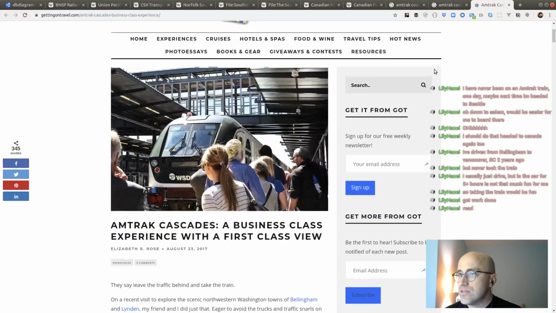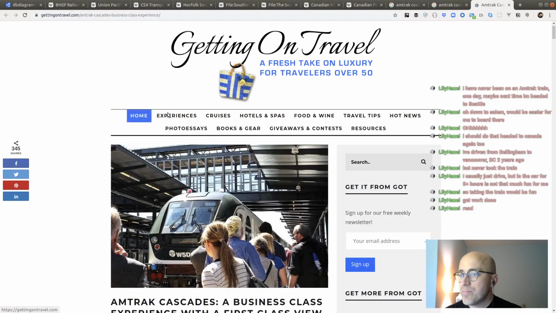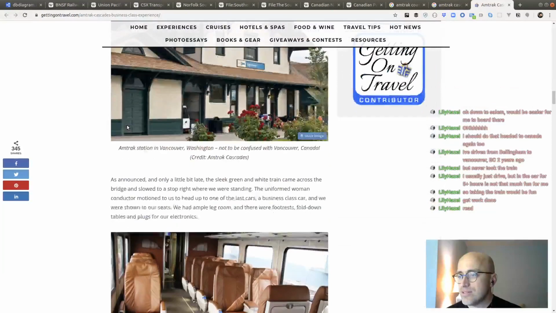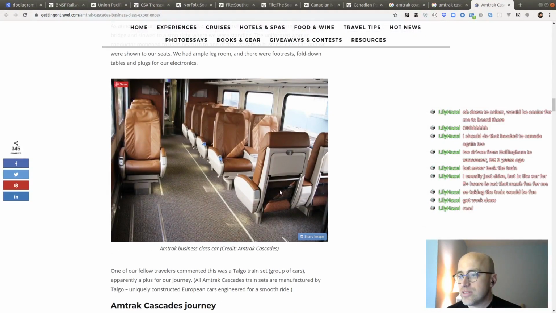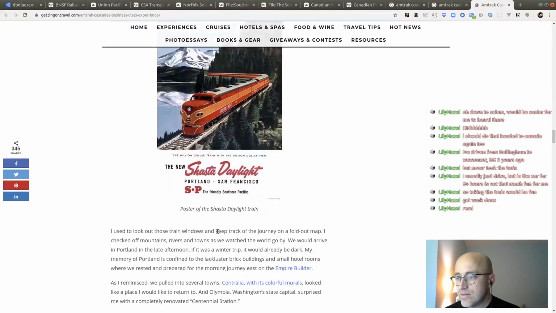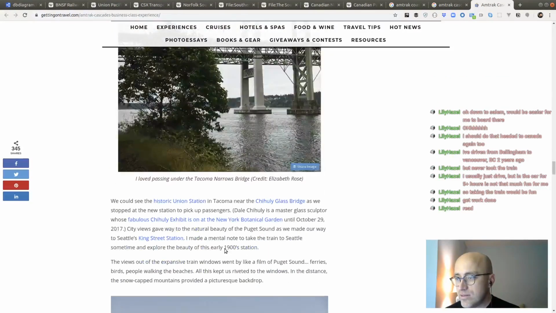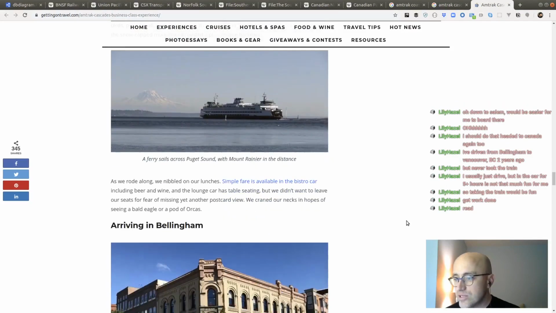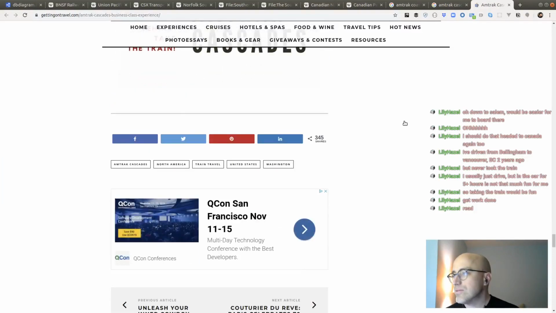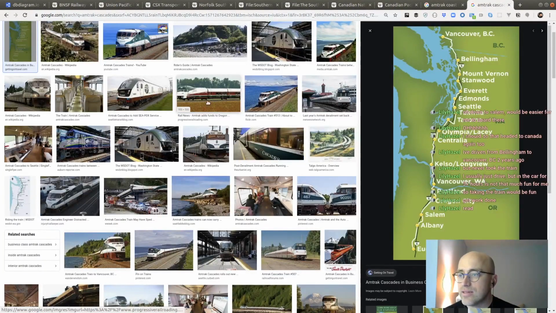Now, the two differences between these two is... this is a weird post. Show a train. I don't want to see that. Oh yeah, there's basically what the Cascades train looks like in the business car. The regular class is basically the same thing. The armrest in the middle is a little bit smaller, and there's two over here. But oh look, there's a happy conductor, and there's the old train. Oh, you get to see the Tacoma Narrows Bridge, but that's not what I was looking for. They don't have a picture of the train. I guess they don't. Anyway, the train looks basically like this, right?